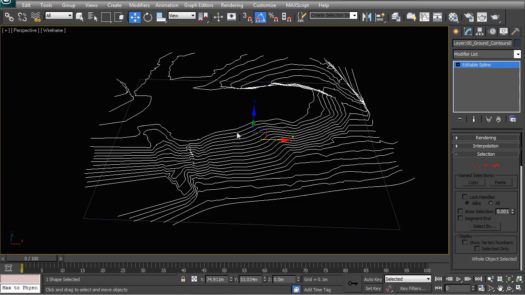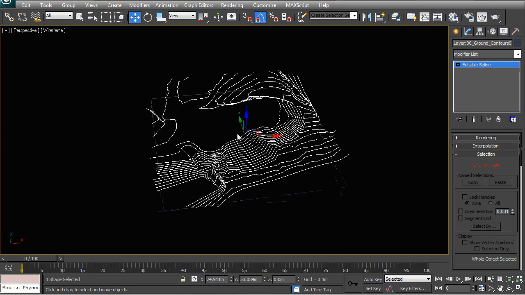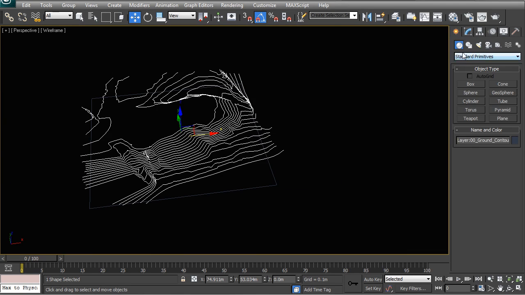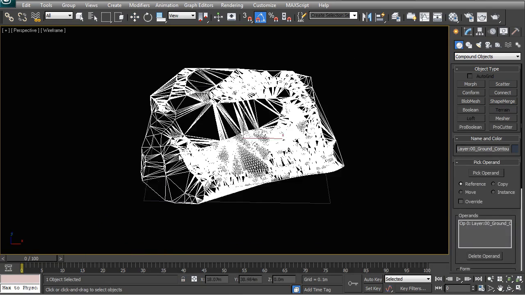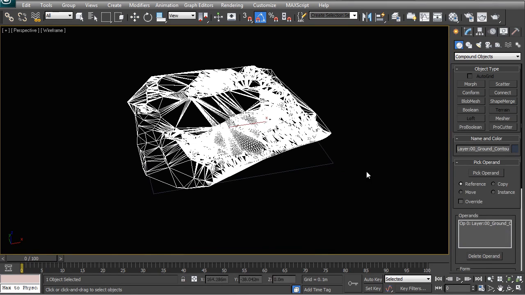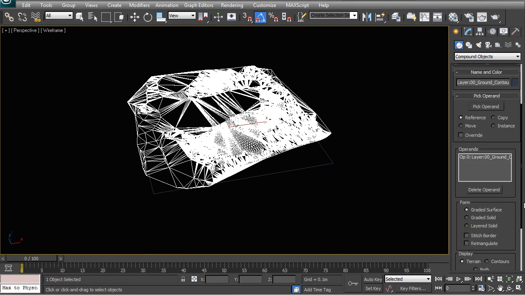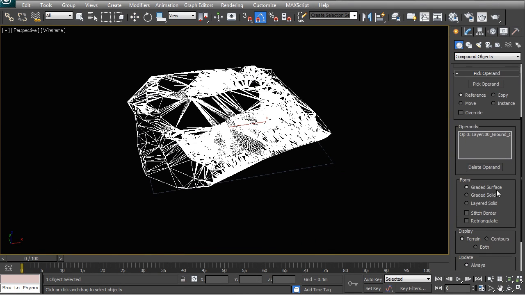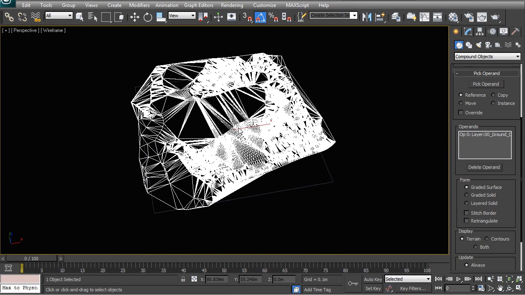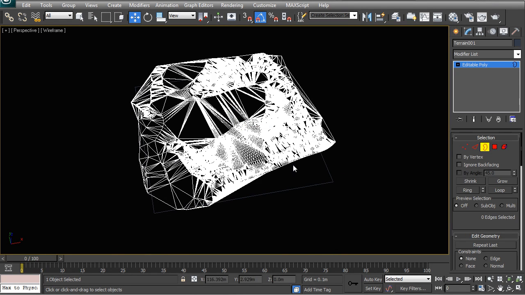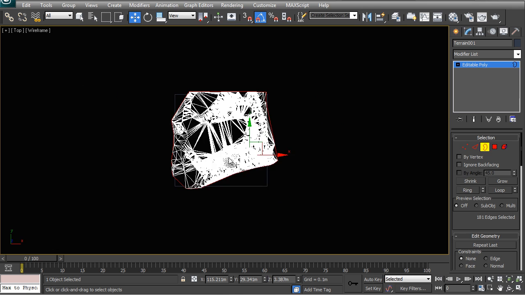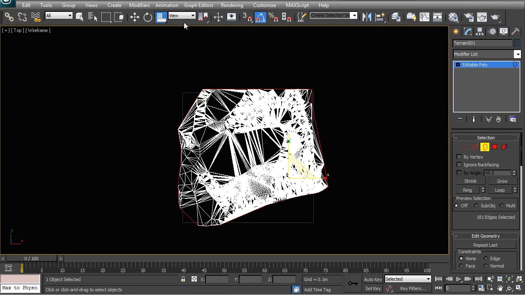looks correct to you. If you're happy with how it's working, then you can go across to your compound objects and hit the terrain button, and in one click it'll create that entire terrain for you. There are a couple of sub options, but I'm not really going to bother with them. I'm just going to leave it as a graded surface, and next I'm going to convert it to an editable poly, and then I'm going to select the border, and in my top view I'm going to hit R